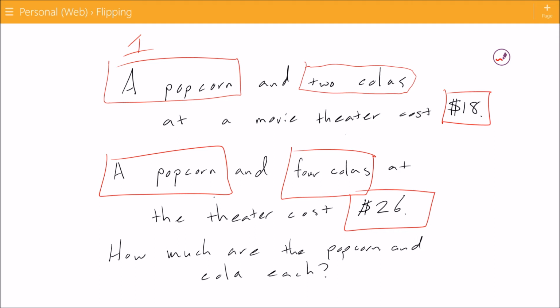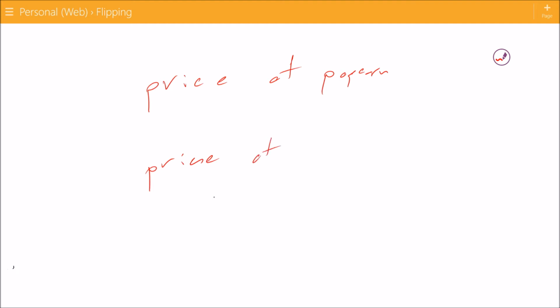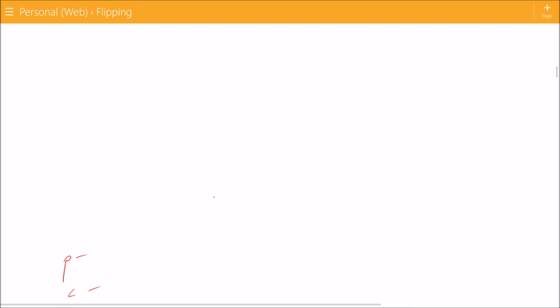I've got the price of popcorn, because I don't know that. That's what I need to find, right? And the price of, what's the other thing that I'm supposed to find? The price of cola. To substitute for these, I can use a variable. I'm going to say P is my price of popcorn, and C is the price of cola. By using these, I'm able to set up an equation